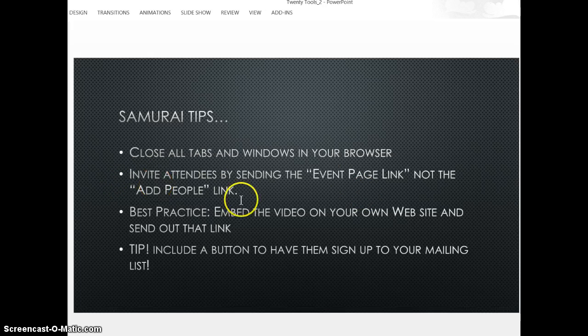The second thing is invite your attendees by sending the event page link, not the add people link. We seem to have technical problems when you try to add people. It's just much easier to just send them the event page link in the lower right corner that I showed you earlier. The third thing is the best practice of embedding the video right onto your own website, and then send out the link to that web page. That's going to be your very best, and you can put your own branding around it